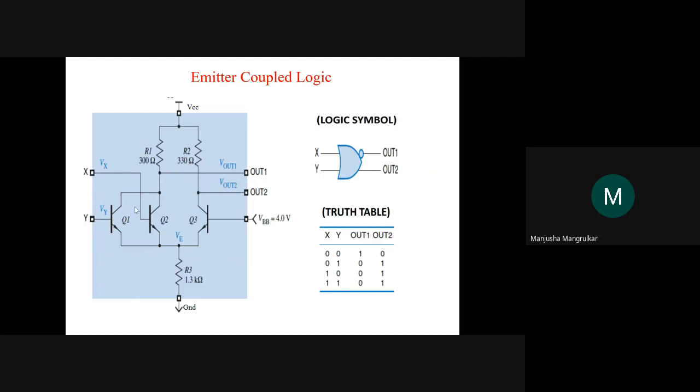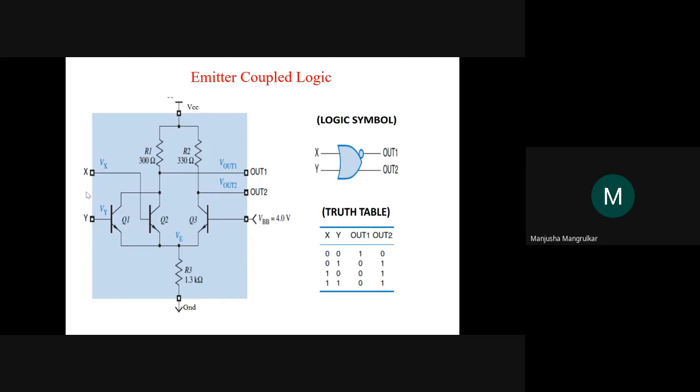Two transistors are there. It gives two outputs, OR gate also and NOR gate also, right? Now these are the inputs. However many inputs we are going to use, that many transistors we have to use. So X and Y, there are two inputs over there, Q1, Q2, Q3. There are three transistors. This is the pair of the differential amplifier. One output is from the collector of Q3. The second output is from the collector of Q2, right?